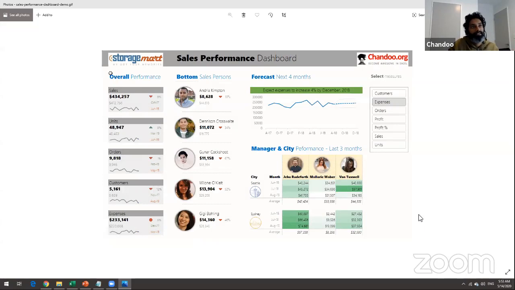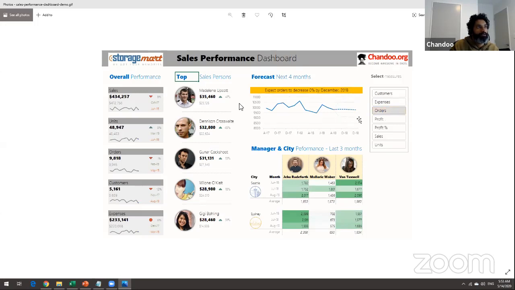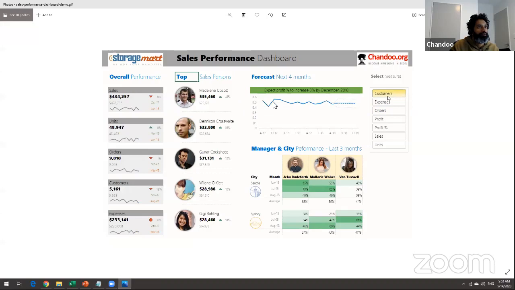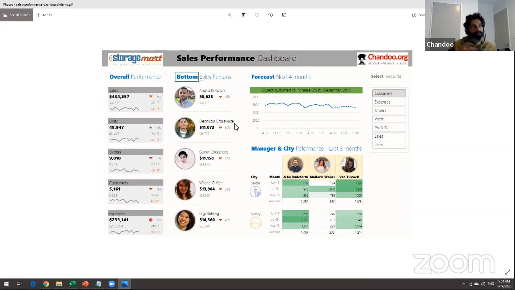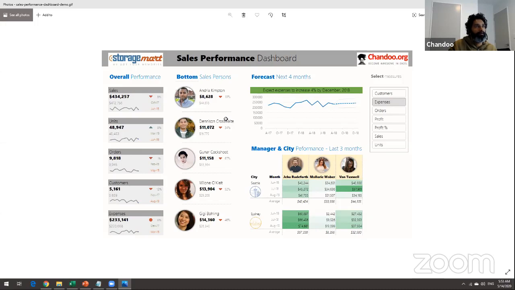So this is actually a sales performance dashboard that I teach people how to build using Excel in my Excel school course. And you can see that this is something that I demonstrate there too. If you pick top salespeople, it will show those pictures. These are all dynamic. Let's wait for the GIF to kick in again. And when you switch to bottom salespeople, those pictures will change. You can see that on the screen now. So this uses a mixture of those techniques to generate that kind of a view.